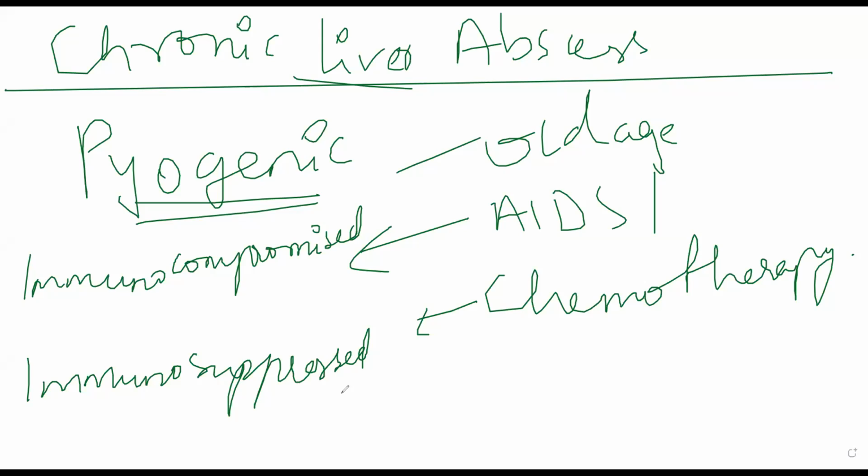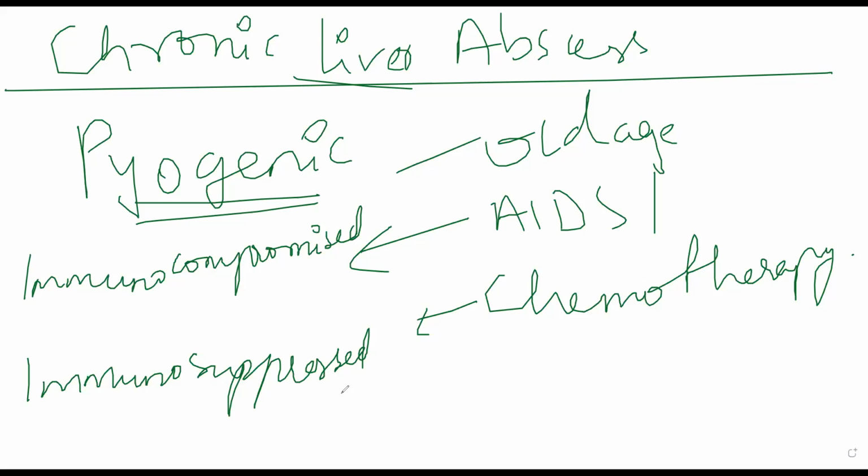Versus patients who are on intensive cancer chemotherapy, or even patients who have had transplant reactions and things like that, or patients who have autoimmune disorders, in them you are giving drugs to suppress their immune system. There is a specific reason why you want their immunity to be suppressed. So you are giving external agents to suppress their immunity. Those patients are called immunosuppressed. That is the main difference between immunocompromised and immunosuppressed.